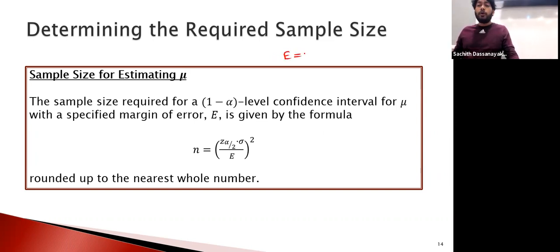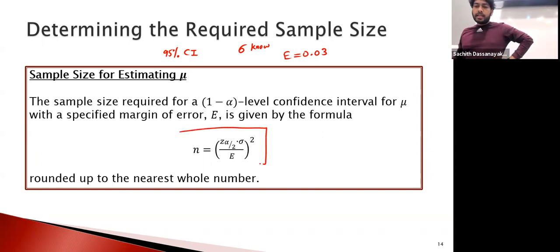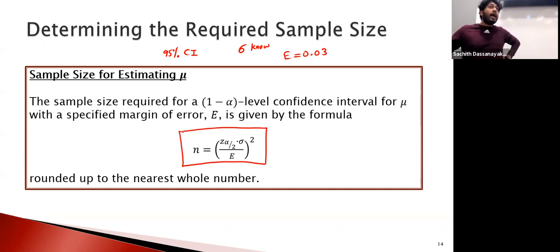First of all, I'm going to define my error like this, the error value this much. I know sigma is known, and the confidence interval is 95%. Clear? These three things I already know. I need to find how many observations I need to pick as my sample, which means I need to find sample n. You can find sample n using this equation. You don't need to think about this too much. Just plug the values into this one and get the n.